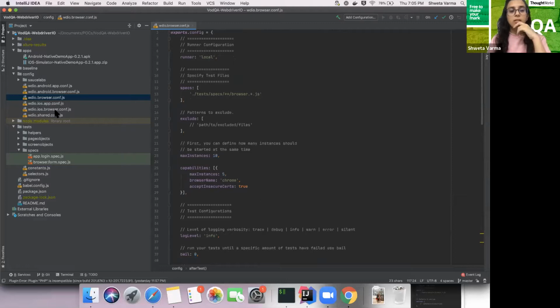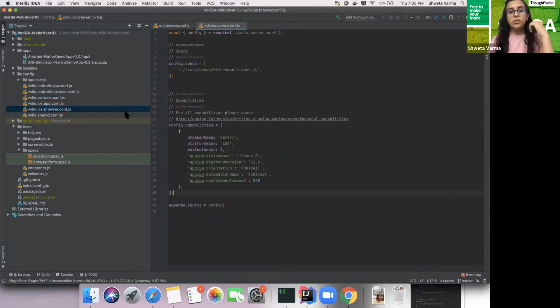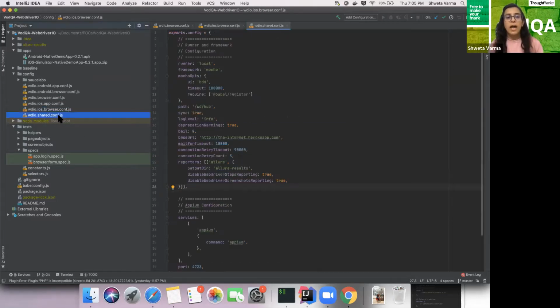Now let's understand how it will be when we want to use a device. So what differently do we have to do? There are certain common things that I have combined and segregated in one folder so that I don't need to repeat them again and again at every platform level, at every configuration level.